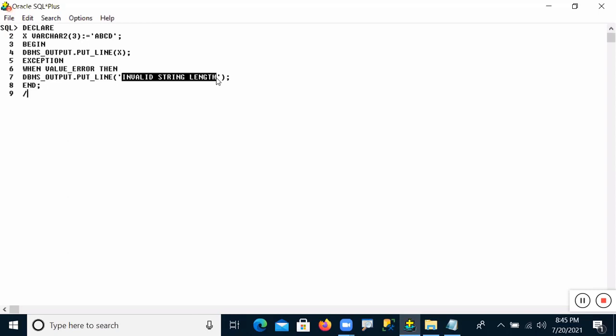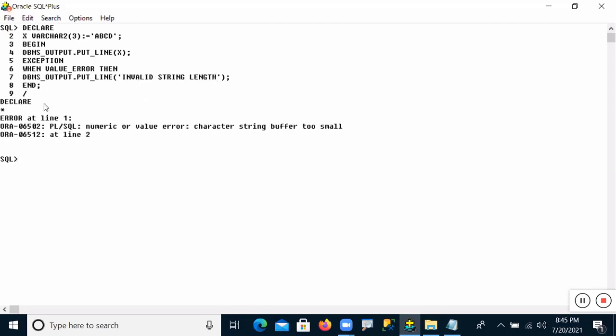Okay, right. It will be printing that one. But what was happening, you can see whether it is printed or not. I entered, but once I entered, the error is showing. What is the error saying here? Numeric or value underscore error. What was it saying? Character string buffer too small. That means your character data type, whatever the string is there, is too small when you compare it to the string